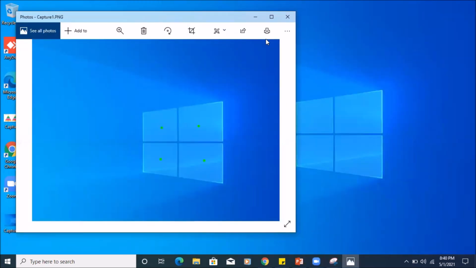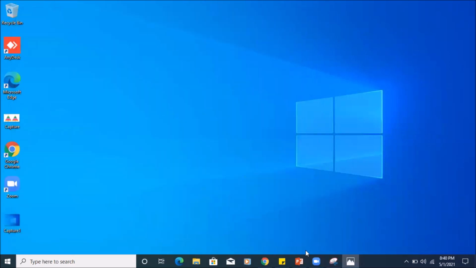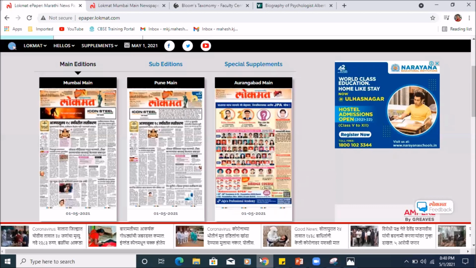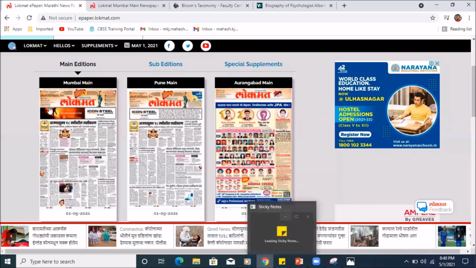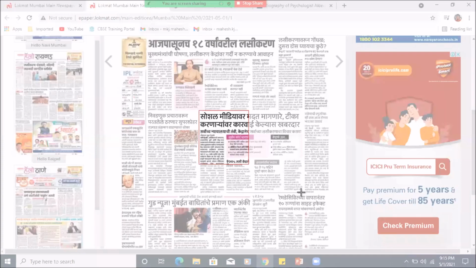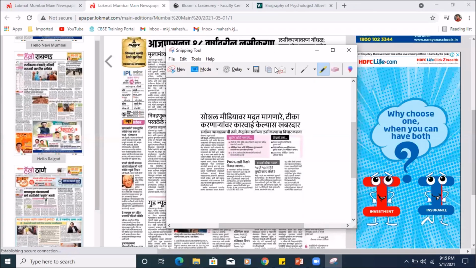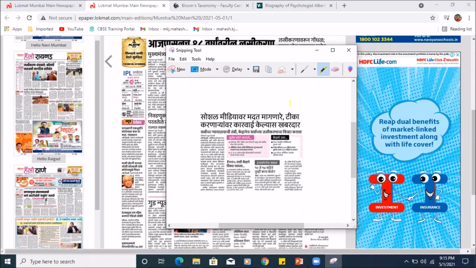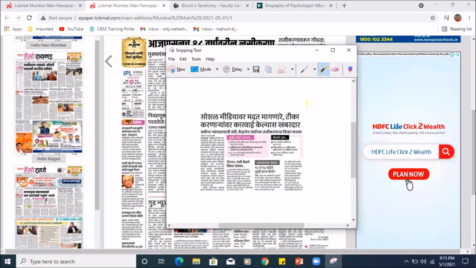Let's say you're teaching in the classroom and you want to use a newspaper cutting as a reference and teach it in the classroom. Let's say I have gone to an online newspaper and make a snip from the newspaper. This also gives me an advantage that I can highlight something which I want to discuss in the classroom.